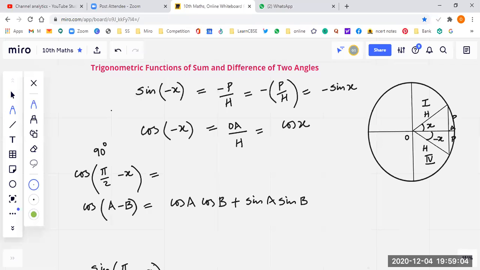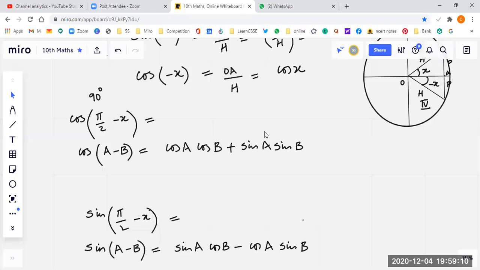Alright. So let's do cos of pi by 2 minus x. How can we do it? See students, we already know the formula. Cos of a minus b is equal to cos a cos b plus sin a sin b. In case of cos a minus b, remember the trigonometric function doesn't change in the first term, but the sign changes. So if I put a as pi by 2 and b as x, I'll get my formula. How? So cos of pi by 2 minus x